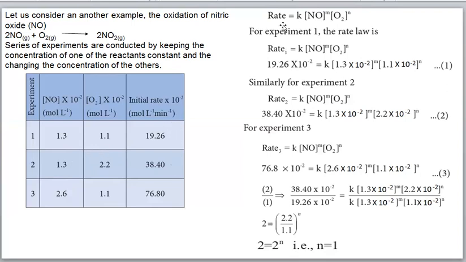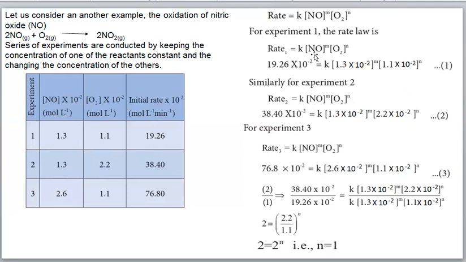Okay, then rate is equal to rate constant into two terms, nitric oxide and oxygen. So nitric oxide to the power m, oxygen to the power n. For experiment 1, we can substitute these values. For experiment 1, we can represent rate 1 equal to k into this equation as it is written here, then the values substituted. For initial rate R1 for experiment 1,